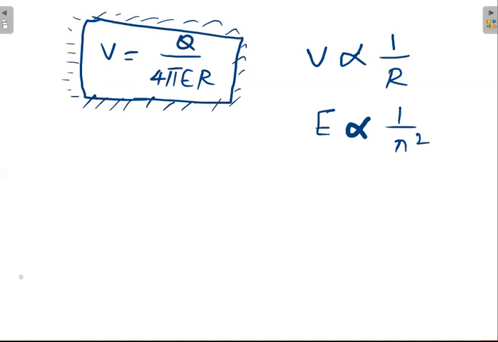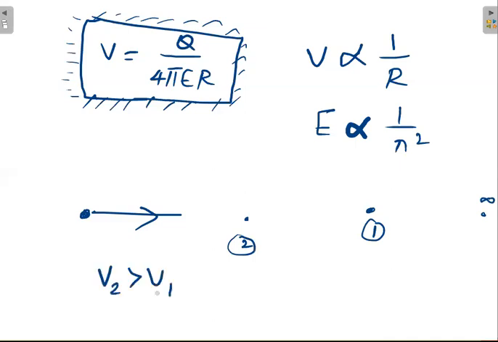In this process, what are you understanding? Say, for example, this is the source, and my source is giving the electric field like this. I am coming from infinite distance. I can stand here, or otherwise I can come and stand here in position 2. In which position will the electric field be more? Definitely position 2, because for position 2 the r is less, so the voltage will be more. So it is very clear that V2 is greater than V1.